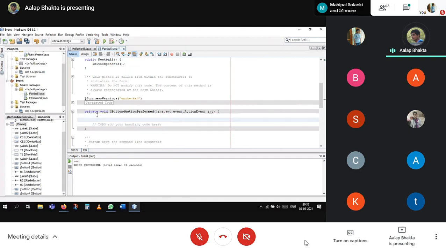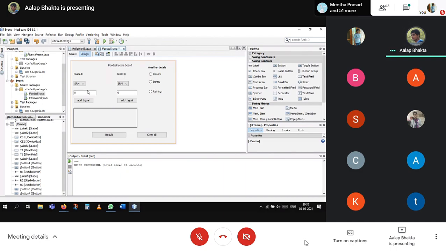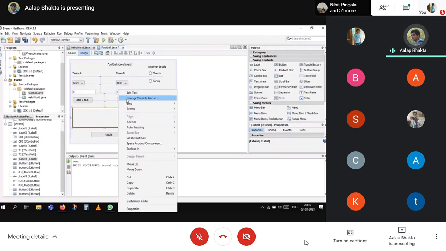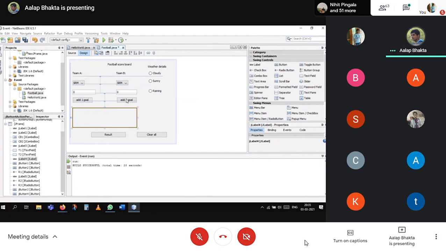Okay. So for the clear all button, what all do I need to clear? These two text fields. Okay. This label. So I will change the label name L1. L1 label, T1 and T2 to 0, and for the button group, I need to remove all the options which have been selected.